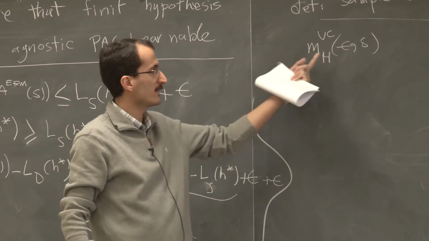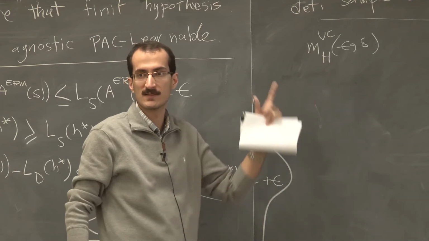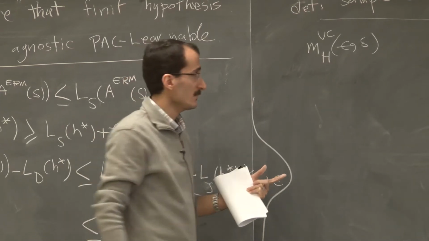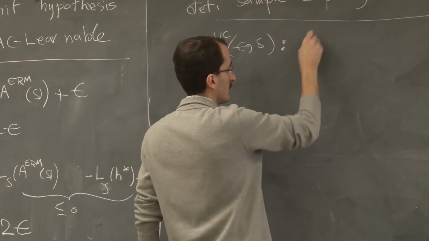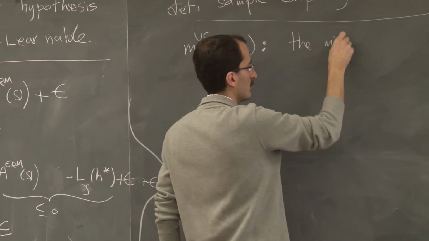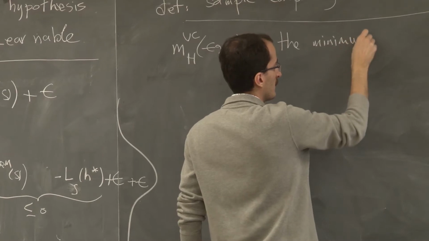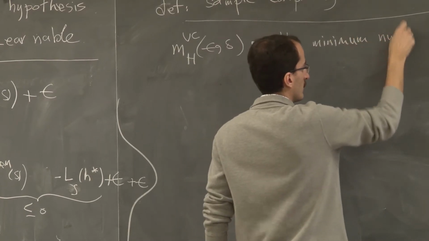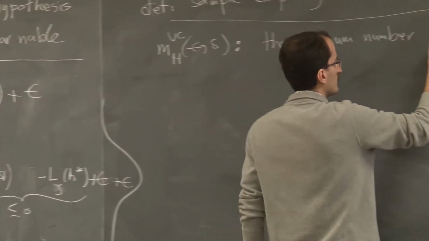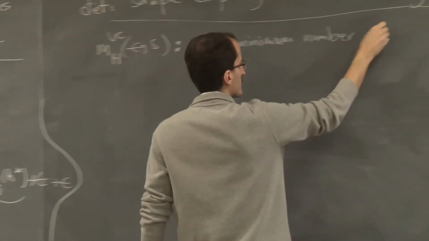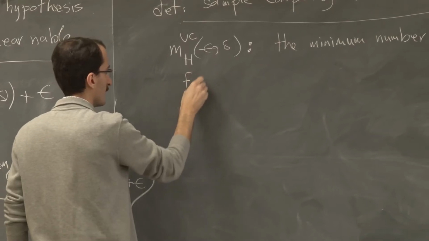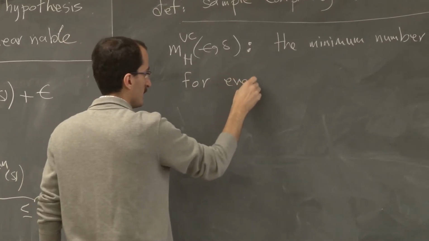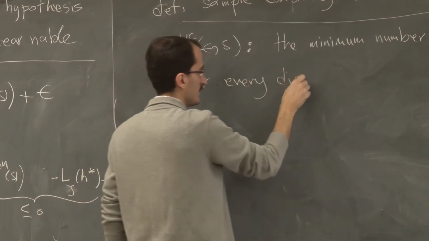So again, I have some parameters epsilon and delta. And so define it like this. The minimum number such that for every distribution D,